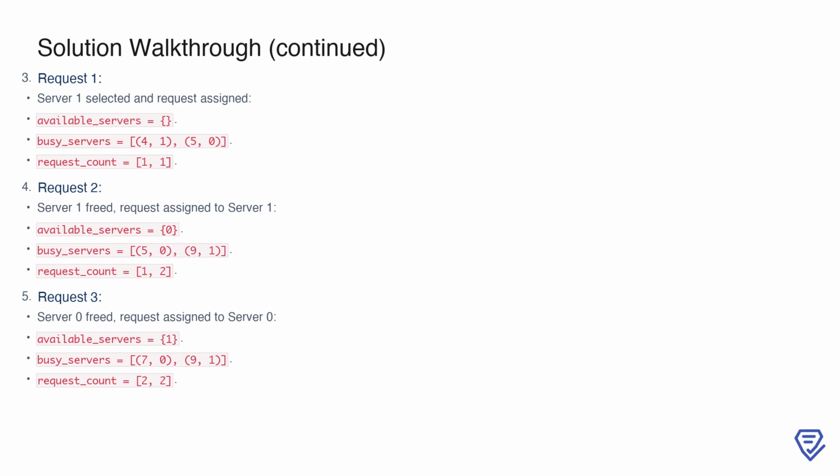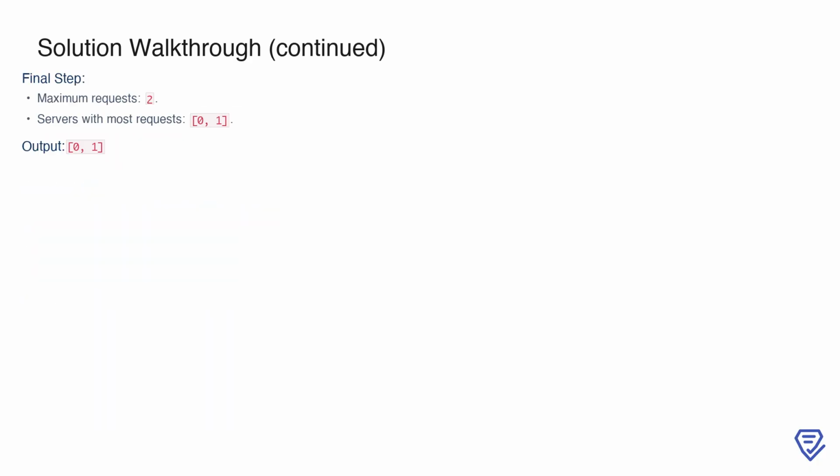Finally, for the fourth request arriving at time 7, server 0 is freed and selected. Server 0 is marked as busy until time 7, and the busy_servers heap is updated accordingly. Both servers have now handled 2 requests each. At the end of this example, the maximum number of requests handled by any server is 2, and both servers